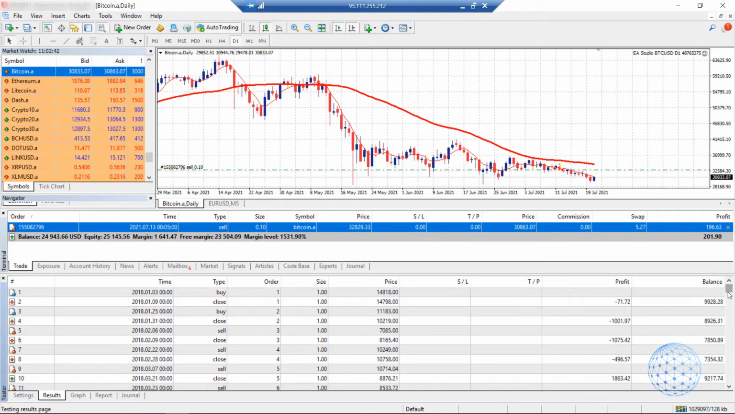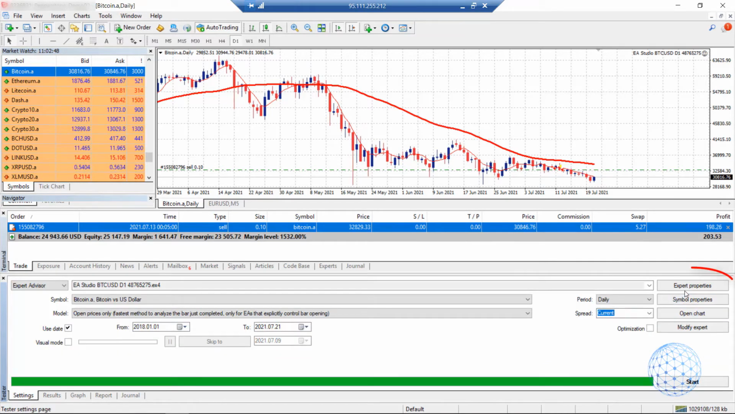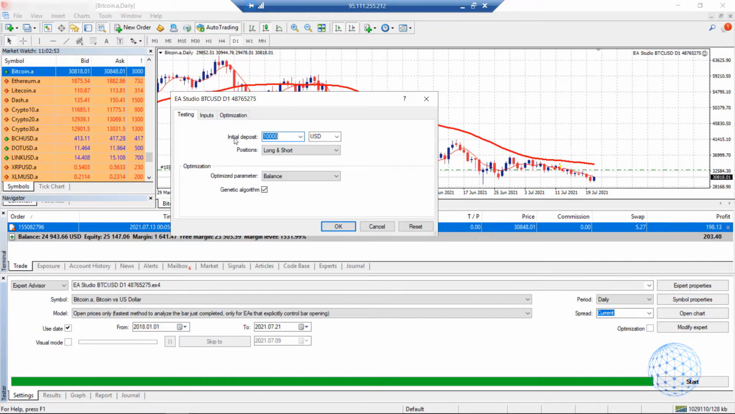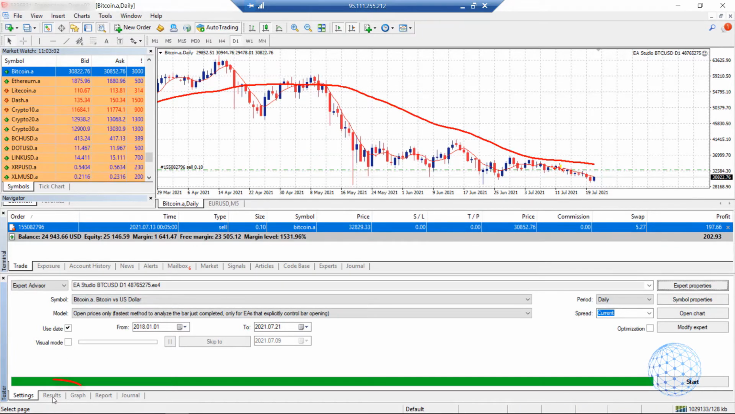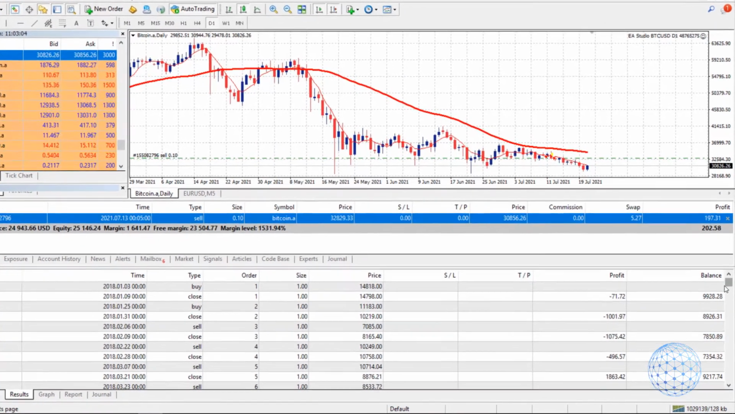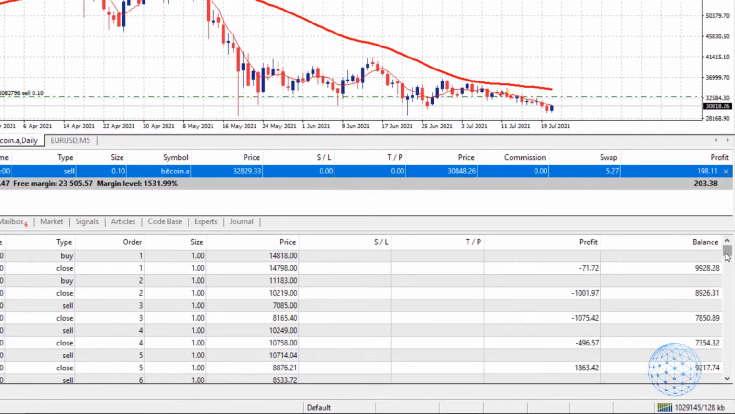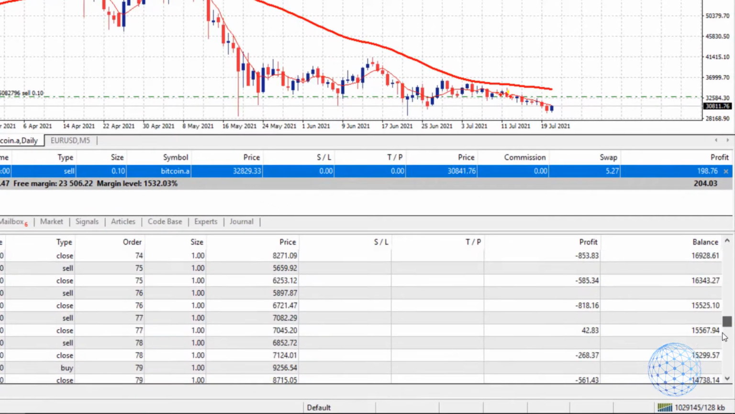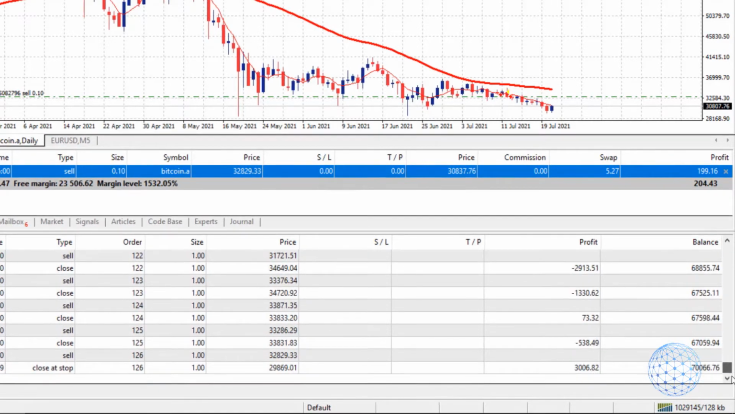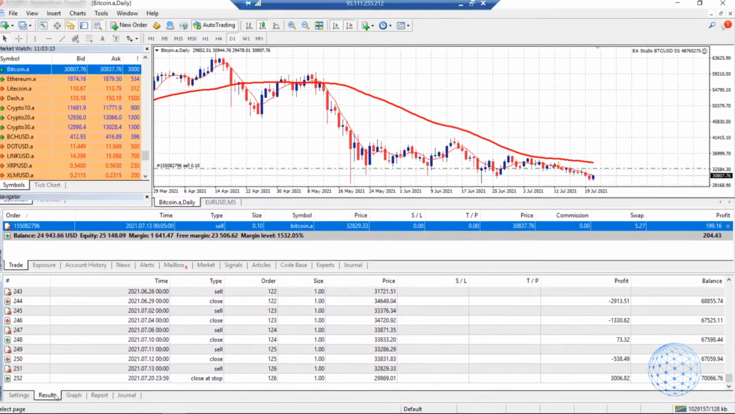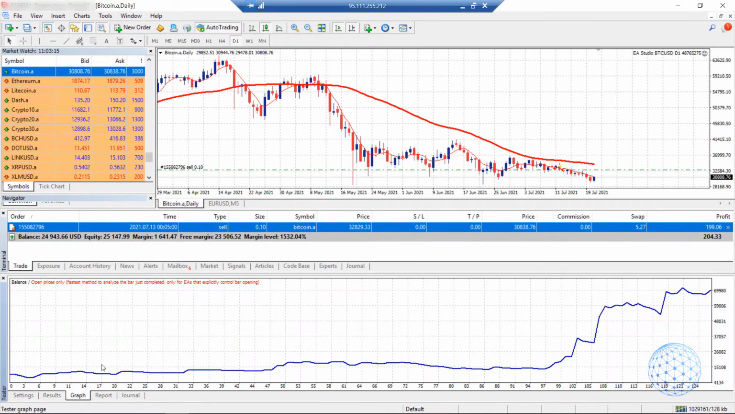So this account starts from $10,000. Actually, if I go back to settings and if I go to expert properties, this is where you can set the initial deposit. By default it's 10,000. It's alright to leave it there. And then in the results we can see that the balance, starting from the 10,000, went up until $70,000, right? If I click on the graph, you will see how the equity line looks like, and then on